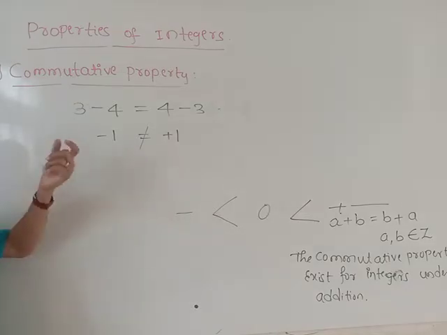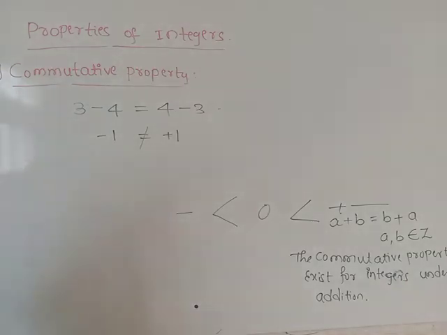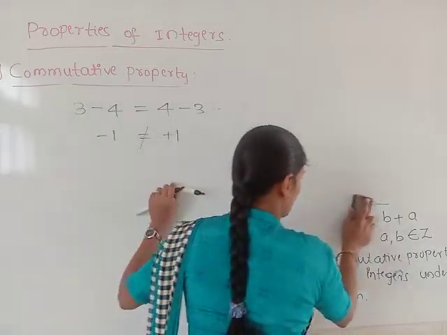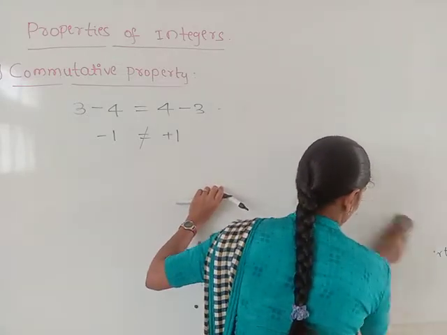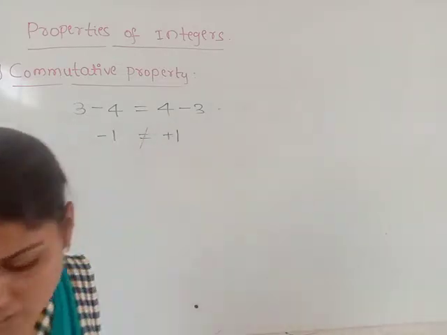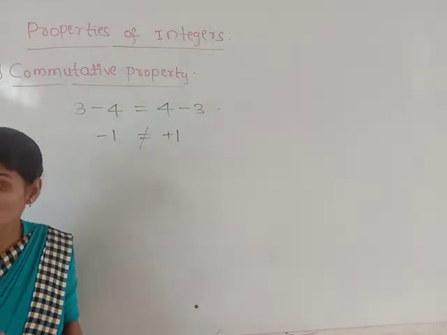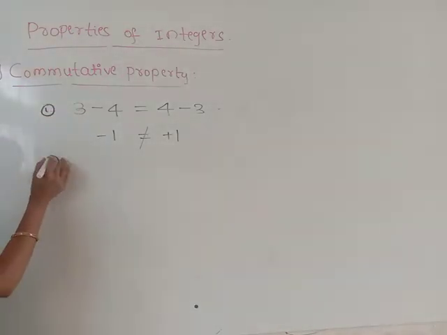When both are positive integers, you have seen that. If you take one positive integer and one negative integer, what about the difference? We will check it. Ready? One positive, one negative. Now you have taken both positive integers with the subtraction operation; here, one positive integer and one negative integer. First example, then the second one.